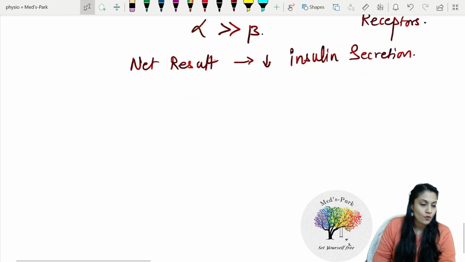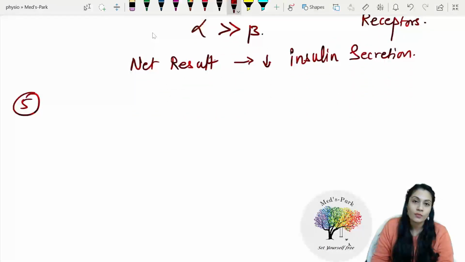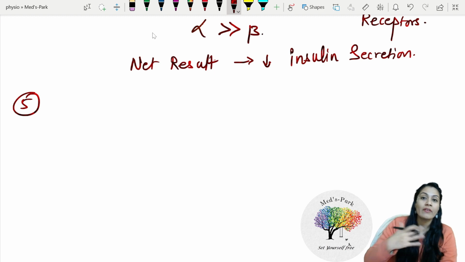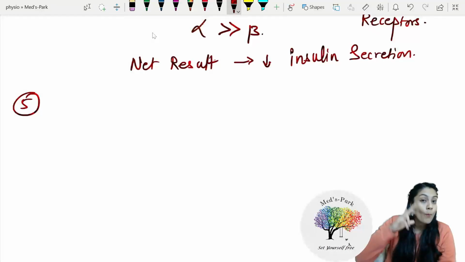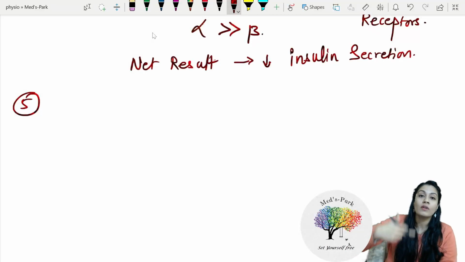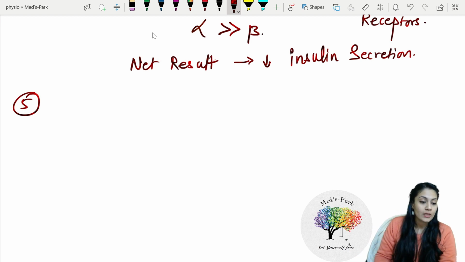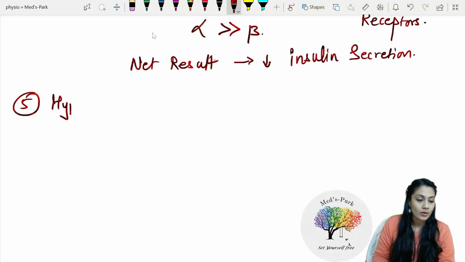So this was the fourth point. Now we'll move on to the fifth point. If, let's say, in the blood the potassium levels are low, what is going to happen? The gradient for the potassium between the cell and outside of the cell, that is between the ICF and ECF, will be increased. The greater the gradient, the more the movement of potassium towards outside, right? So in the cases of hypokalemia,